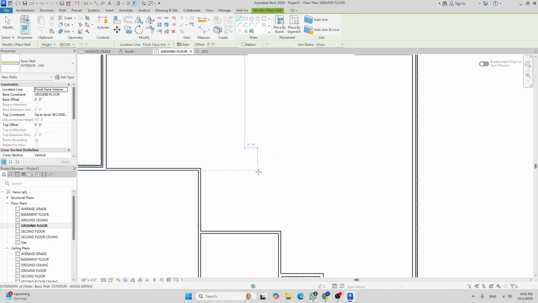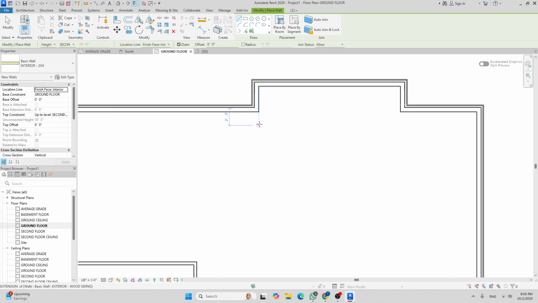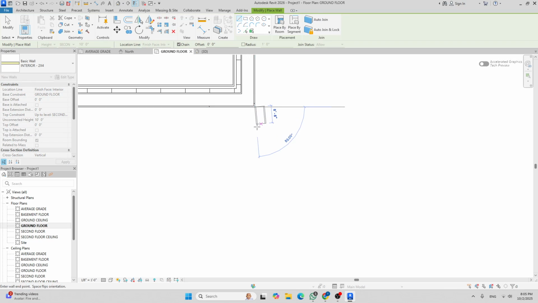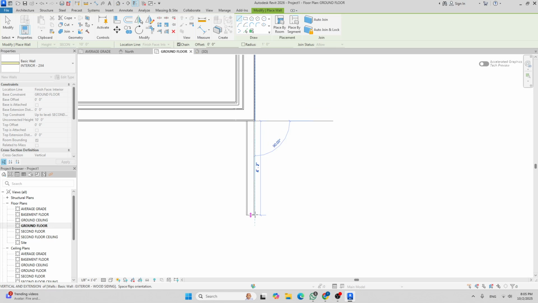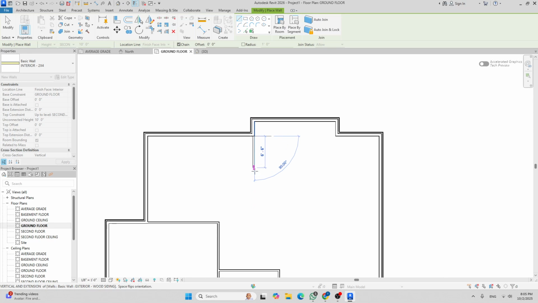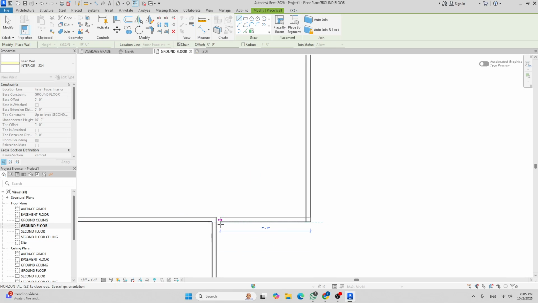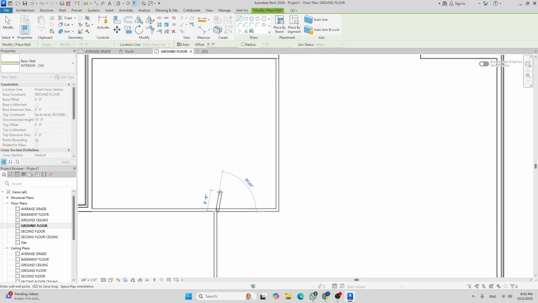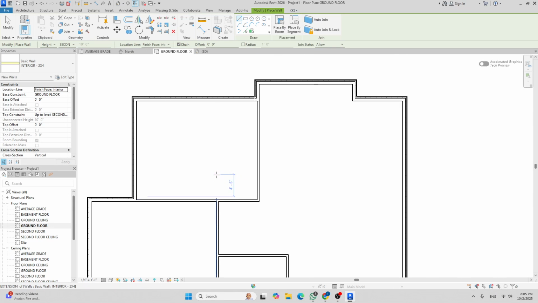and then I will click this point. It goes to the outside, which I don't like. I will hit the space bar so it flips to the other side and zoom out, move it down, then click and move it in so it joins these walls. And I'm gonna hit escape,